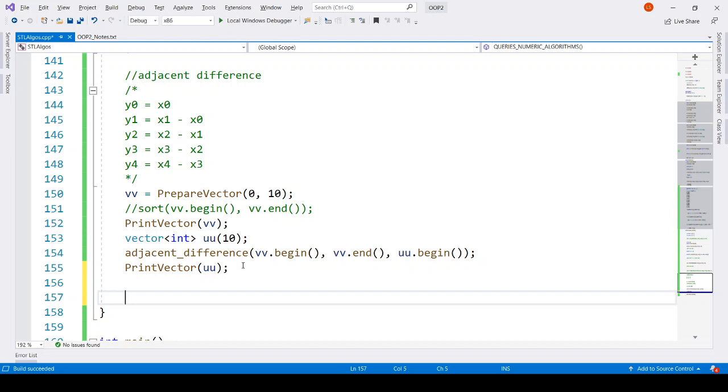So let's see now what partial sum does. Okay, now you see that VV is still a vector which is not touched by adjacent difference. UU is what is modified. So we still have VV properly there. So let's do partial sum.